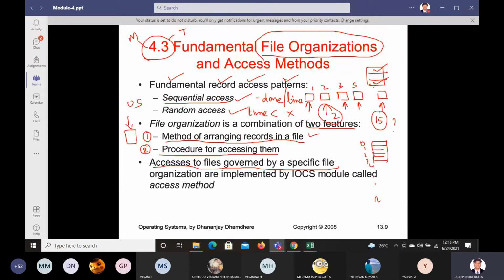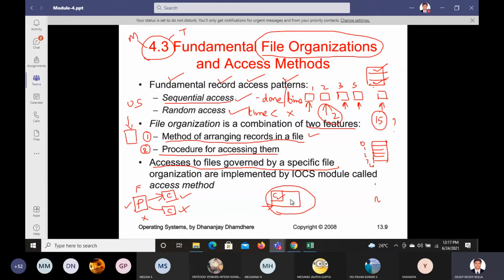Which means we have one file here, and this file has a subfile, a supporting file, let us say. If I want to access the child file, this is a parent file. If I get the access for the parent file, I can access the child file easily. Or else if I want to access only this one without the intervention of the parent file, it cannot be possible. Let us say the car parking area of a house: first you need to access inside the house. If you get the access for the house, you are able to get the access for the car parking.